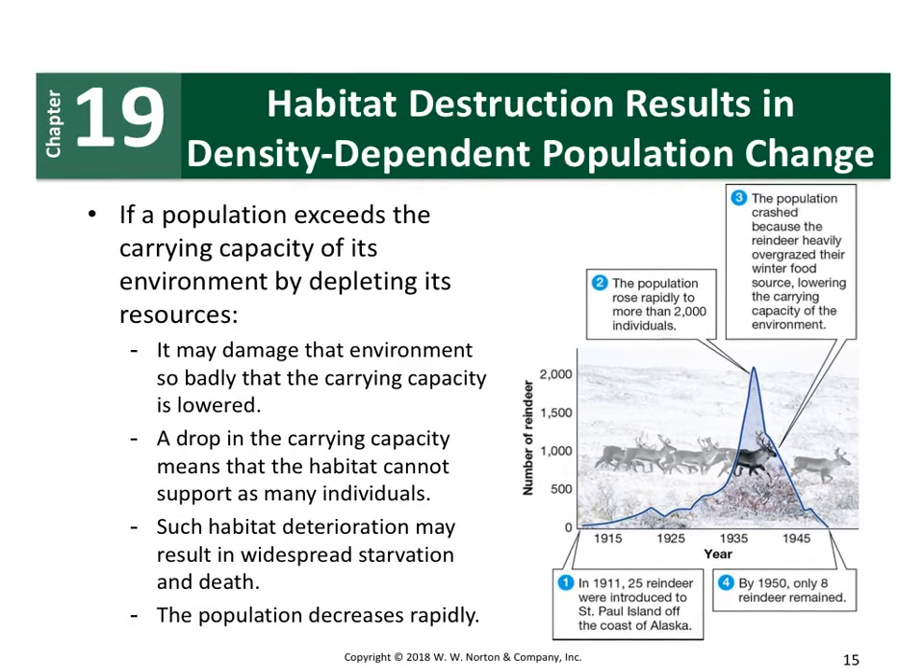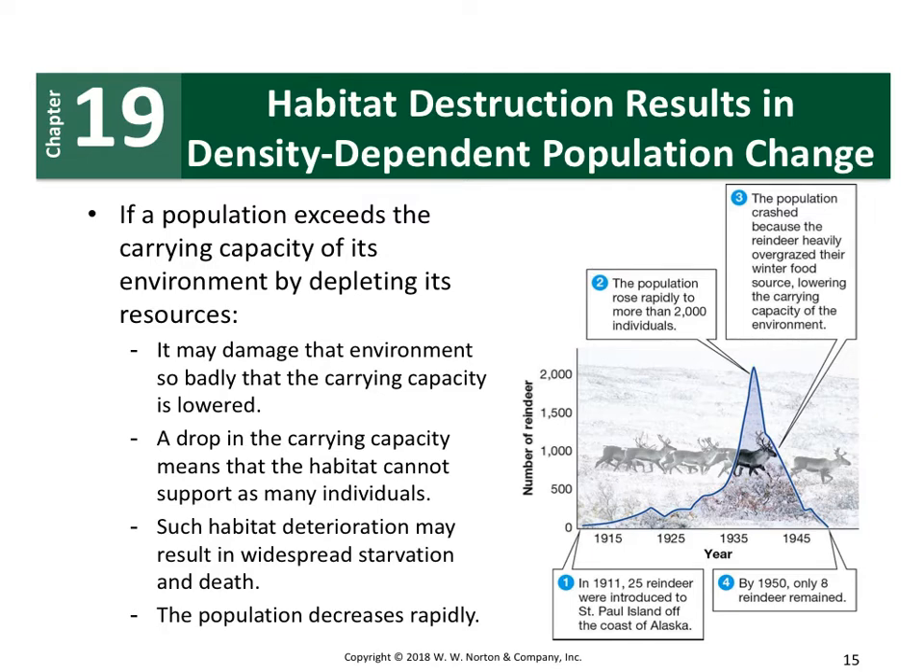Okay, now, habitat destruction results in density-dependent population change. So let's say when we went back here, fragmentation. Okay. So if a population exceeds the carrying capacity of its environment by depleting its resources, it may damage the environment. So this is